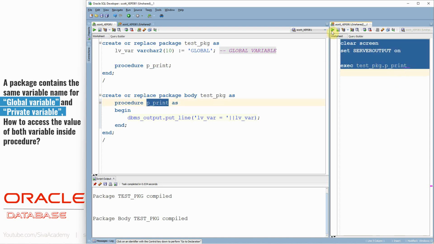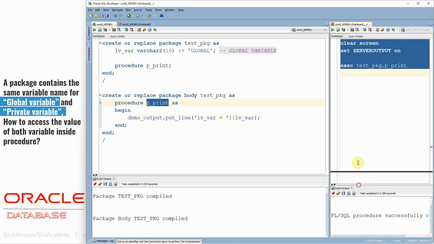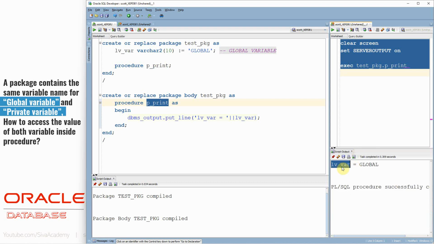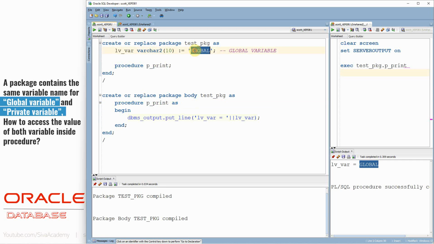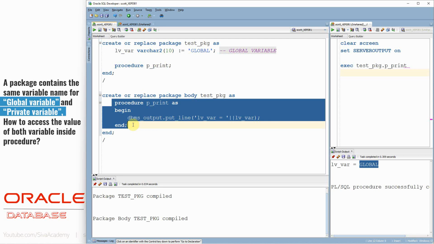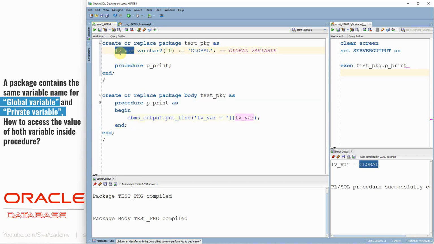Let me execute this complete statement. Now we can see the variable value is getting printed as global, because that is what we have declared here. Fine. Now the question is, suppose this procedure has a variable name exactly the same as the global variable name, then what would be the value getting printed here?